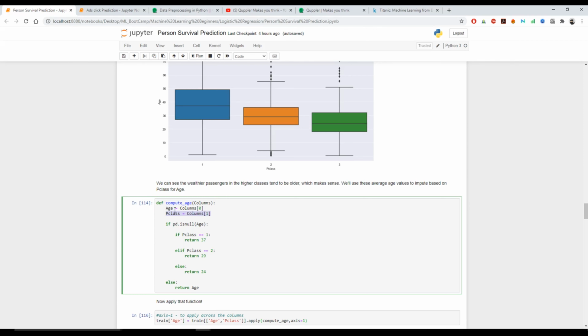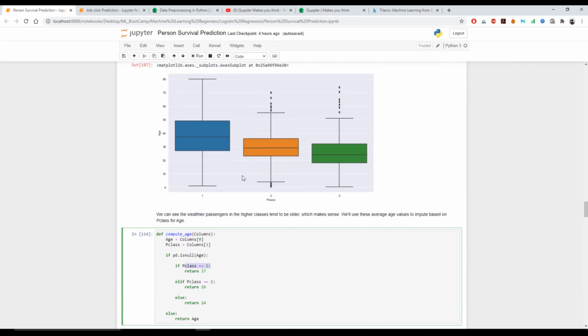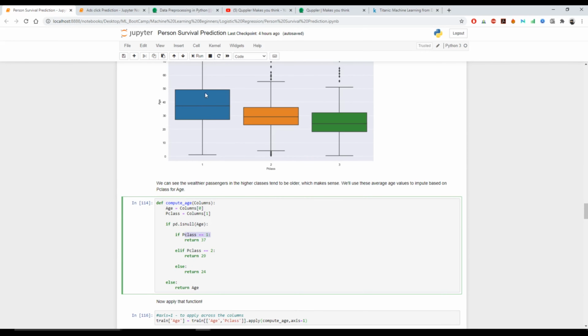For that we're going to pass the age as 37 if the class is 1, because the class will always be 1, 2 or 3. If the class is 2, we pass the average as 29. If the class is 3, then at last we pass the average as 24.